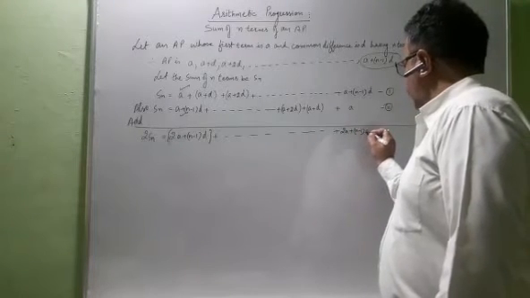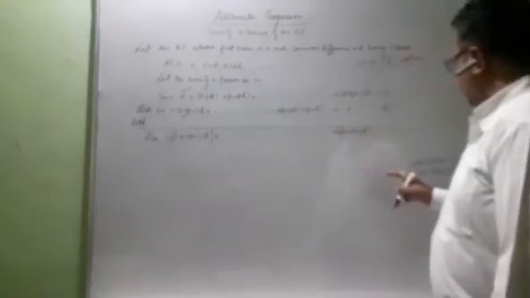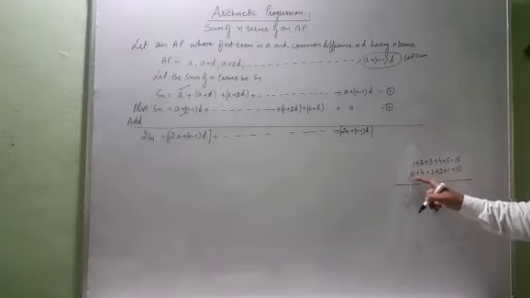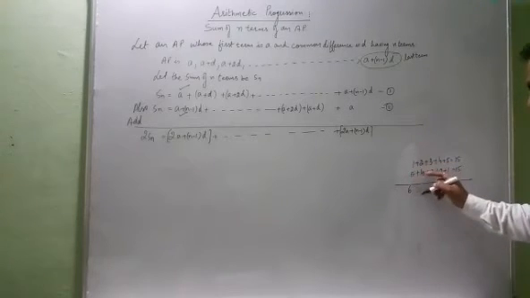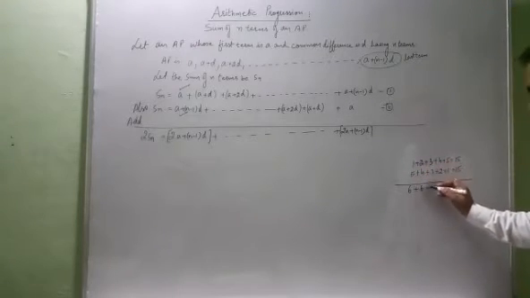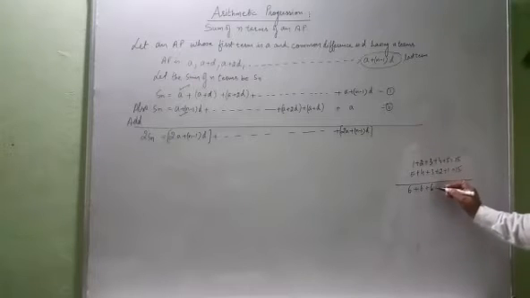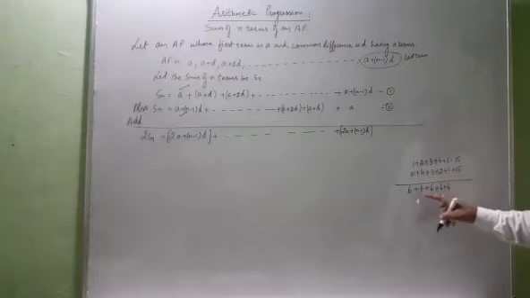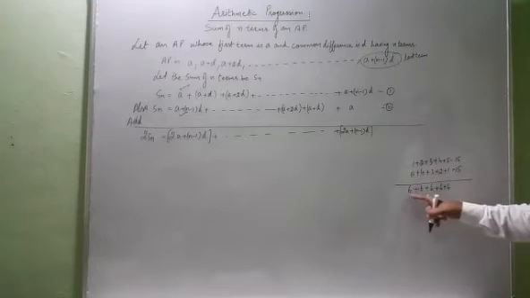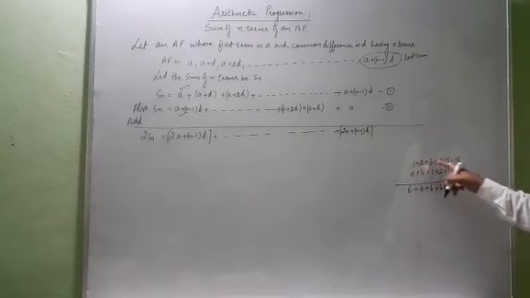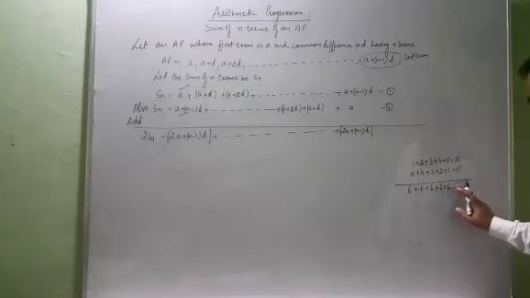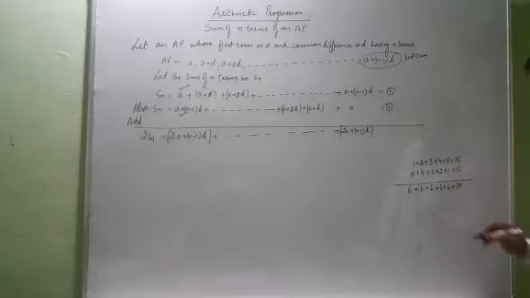Now, how do you get the same answer? Look at the example I've written here. If you add these terms vertically, 1 plus 5, 6, 2 plus 4, 6, 3 plus 3, 6, 4 plus 2, 6, 5 plus 1, 6. So, how many times is 6 coming? Same answer, 1, 2, 3, 4, 5. So, there are 5 terms and the answer is repeating 5 times. So, 5 sixes are 30. So, you can write down this answer as 30.